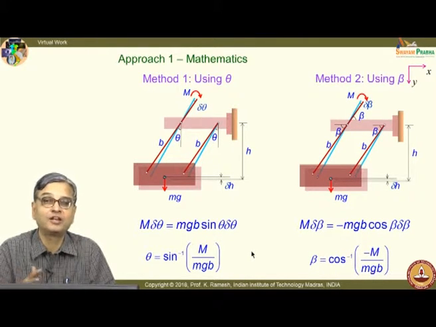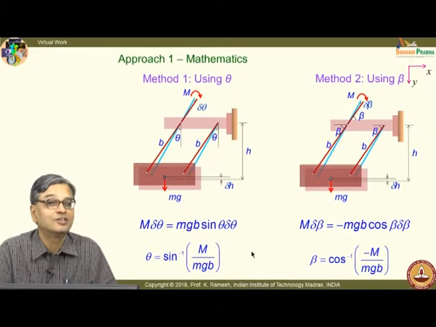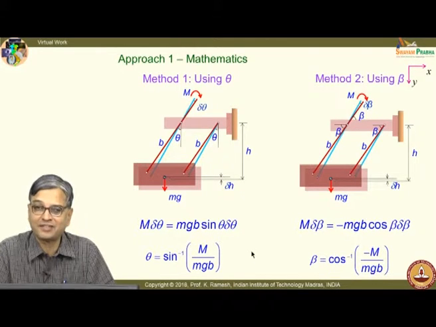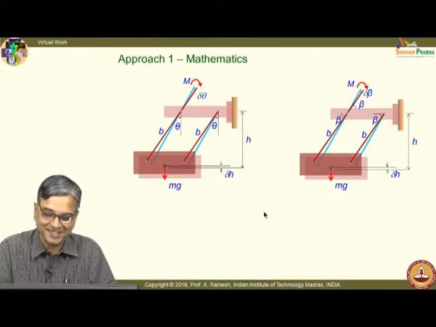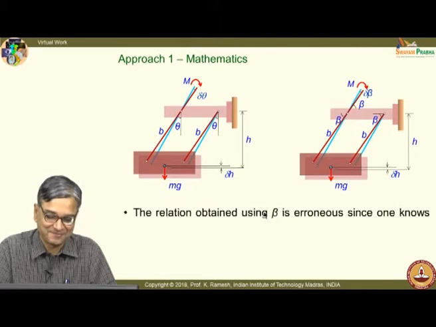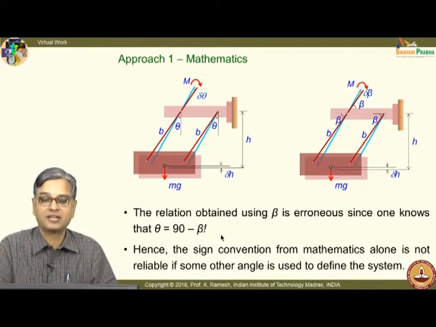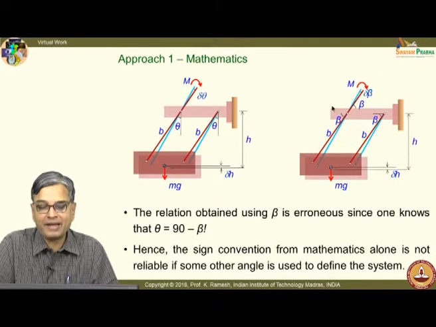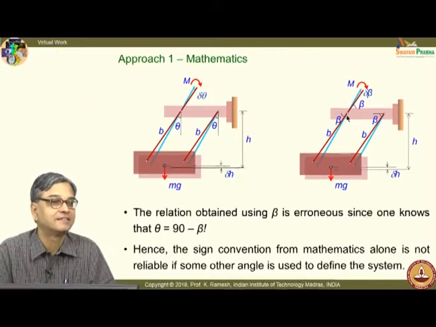You know, in the examination hall, you will always get all sorts of sudden intuition. You know, cos theta and cos minus theta are one and the same. You may also jump to the very convenient conclusion that cos inverse is also the same. So, whatever relation I have obtained through beta is erroneous, because I have a relationship between theta and beta. So, by blindly applying the mathematics, if I take another independent variable, you end up with a wrong answer.